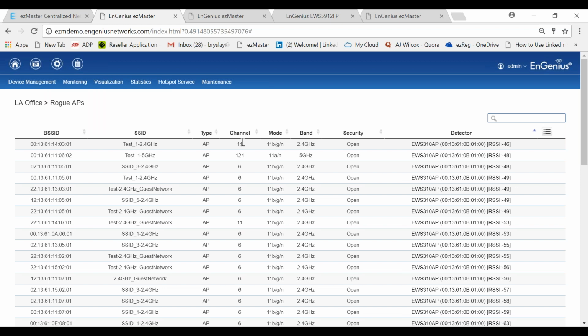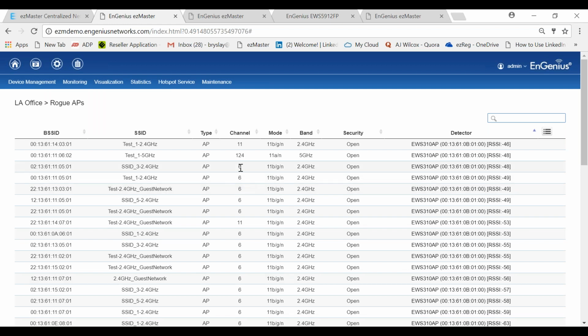Yep. So, to go a little bit further, as a troubleshooting tool, if you have a client that's having particular issues, it could lead to co-channel interference. On this rogue AP detection screen, you could scroll through all your channels and find, okay, there's too many devices on channel 6. Now, again, this is a demo site.